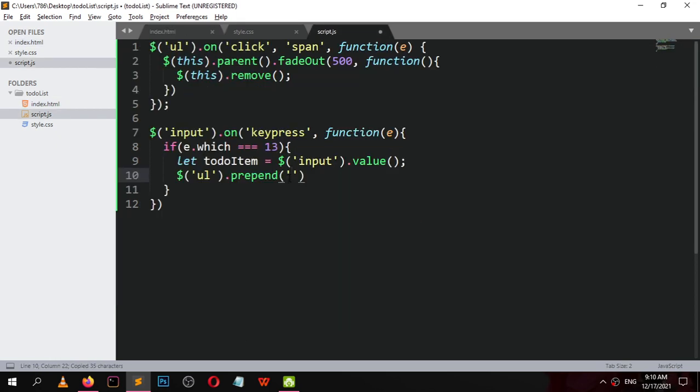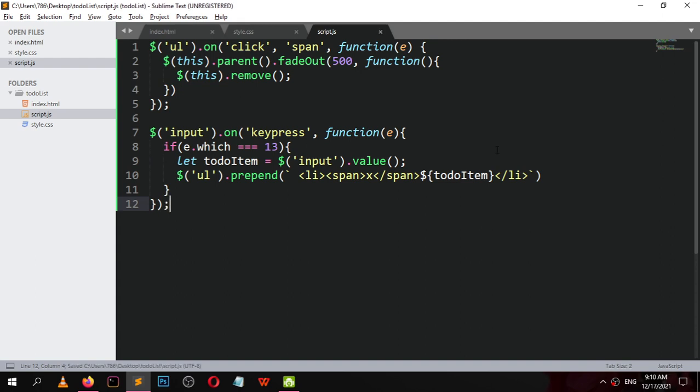Copy this and paste it here inside the backticks. So we can change the text inside this, as the text inside is toDoItem. But this will only happen when someone hits the enter key.